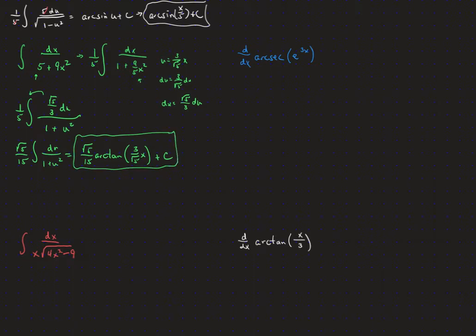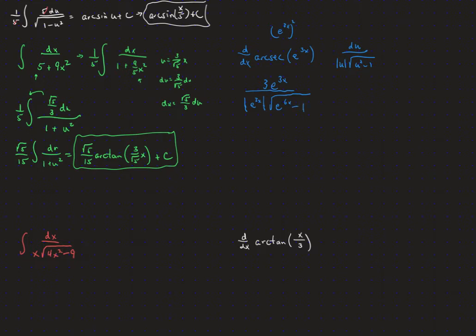On the next one, the derivative, our formula is going to be that this will be du over the absolute value of u times the square root of u squared minus 1. So our du is going to be the derivative of e to the 3x, which is going to be e to the u du. And then we're going to get an absolute value of u, which is e to the 3x. And then we'll get the square root of u squared, but e to the 3x squared, remember you're going to multiply exponents when you raise a power to a power, so that's going to become e to the 6x